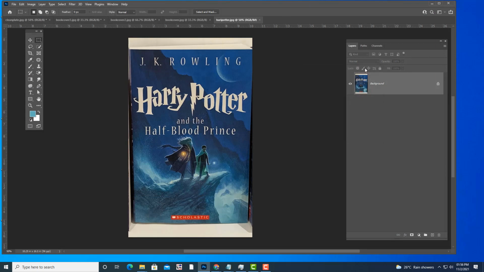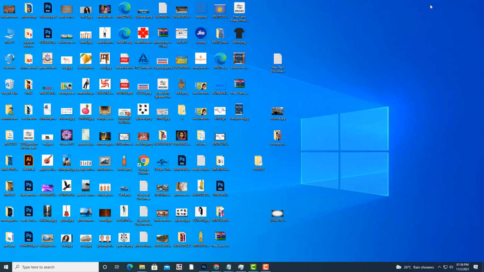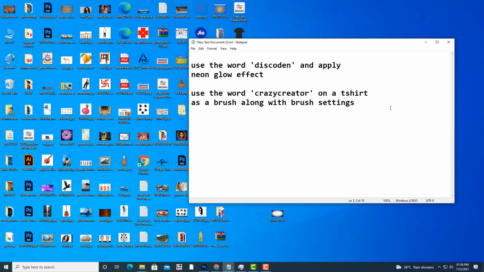See, what you have to do is put your name as the author name, and completely remove this Harry Potter text using the patch tool or content aware. Then what you have to put, see, put Hari Prasad from Amalapuram.